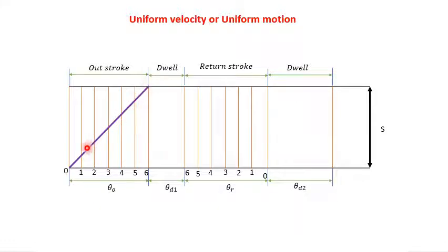So wherever this line cuts the first vertical line, this is the first vertical line, right? So mark that as a first cutting point. This is the first cutting point. So wherever this diagonal line cuts the first vertical line, mark it as a first cutting point. Similarly, this is the second cutting point because this line is cutting the second vertical line at this point. Next, this is the third cutting point because this diagonal line is cutting the third vertical line.